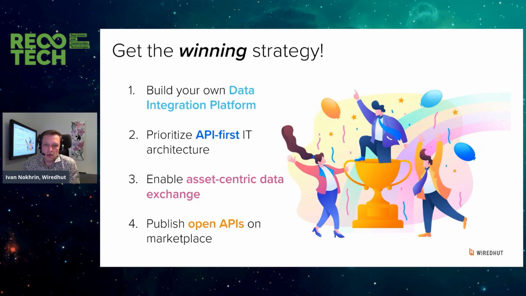Third, you need to enable asset-centric data exchange in order for you to be, first of all, affirmative about the data sets that you have internally, and also be able to exchange this data for the benefit of the whole market with external players. And fourth, once you've got the data stream set up, you can open your APIs. And I encourage you to read more about open banking and open API initiatives. If you're not in that space, you will find out a lot of interesting information about what open API is and how APIs